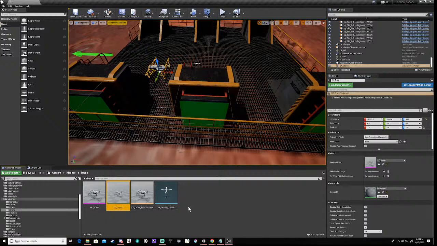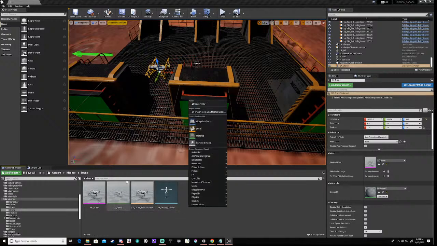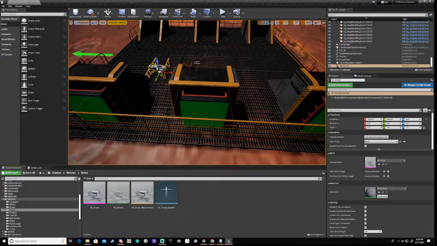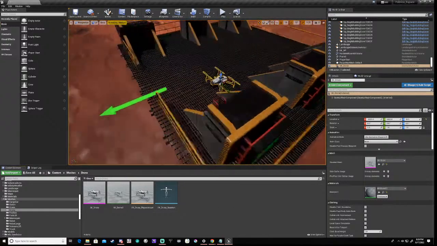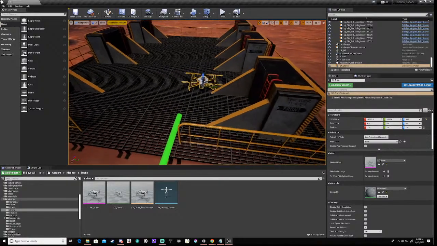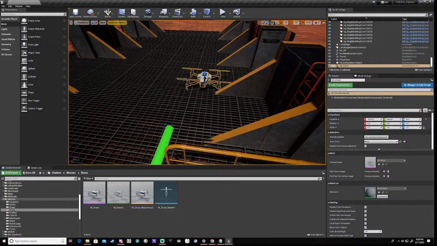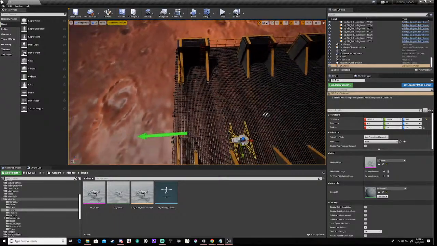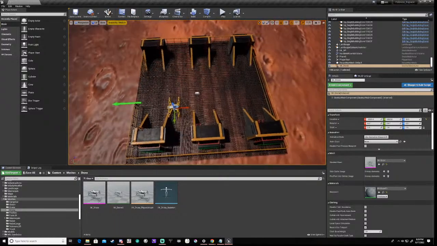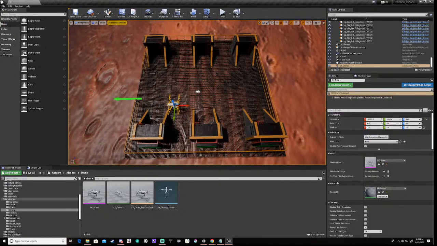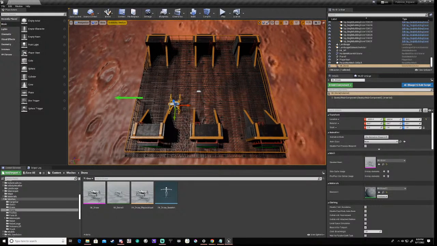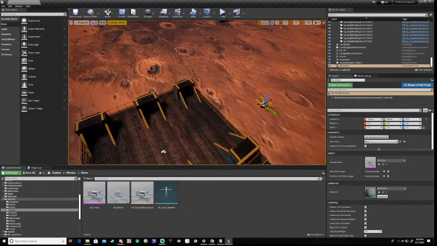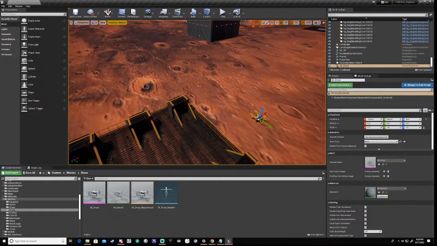So, these drones are not going to be... right. What we'll do, right,